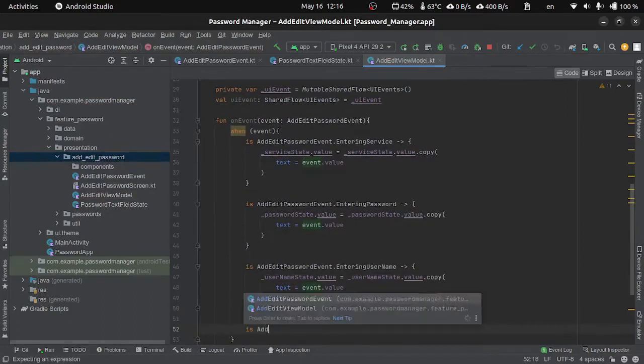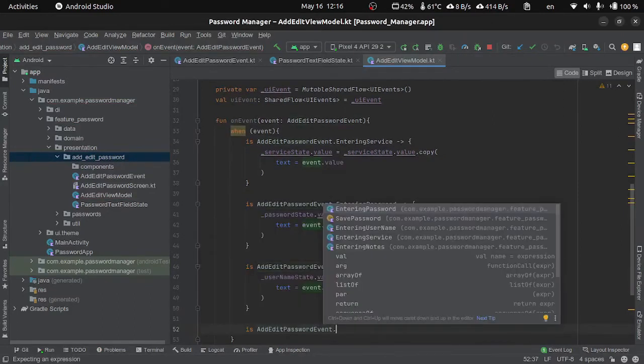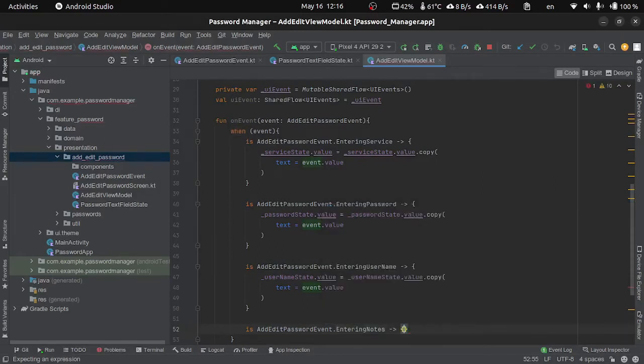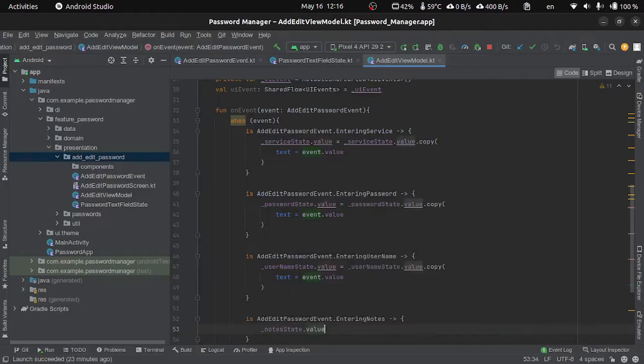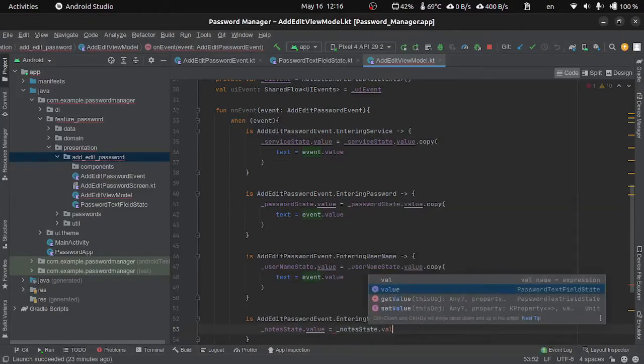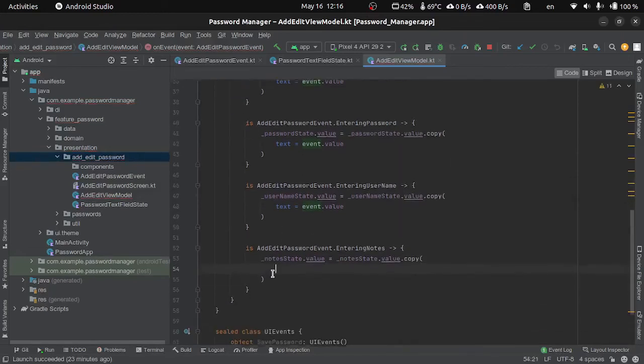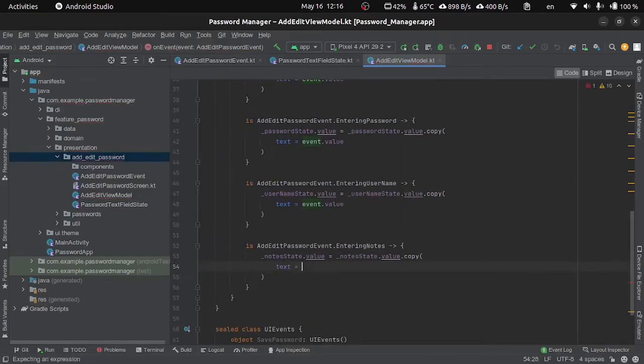The same for the fourth event, which is entering note. So note state dot value is equal to note state dot value dot copy, and we want to change the text to the event dot value. All right, we have finished the fourth